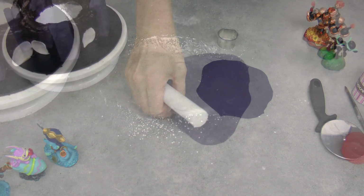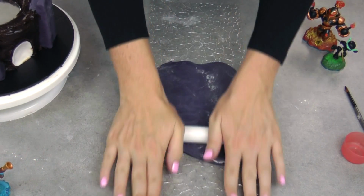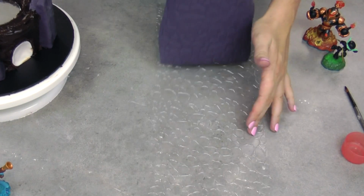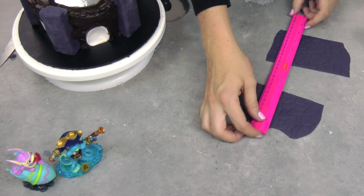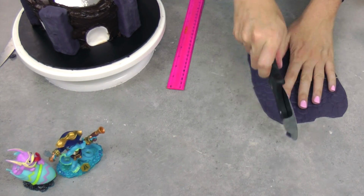Using your grey fondant now, put the good side against the impression mat and roll once in one direction and once back towards you. Don't double roll or you'll end up with a double pattern. This is the kind of imprint that you get. I use my ruler here just to roughly measure the sizes that I want, so the height and the width very, very roughly, and my pizza cutter to cut out the basic